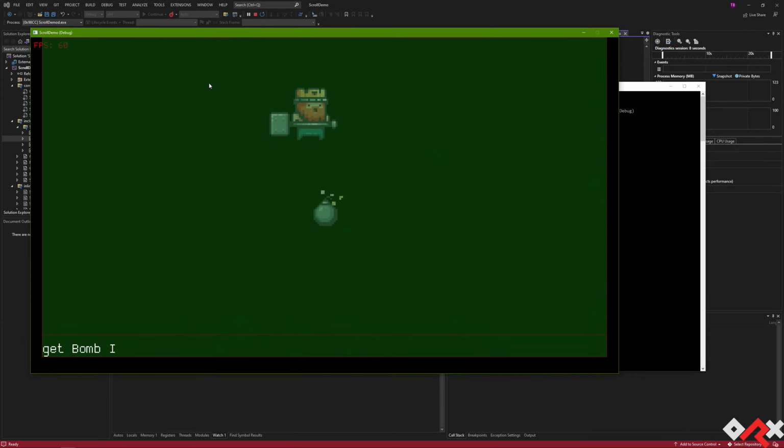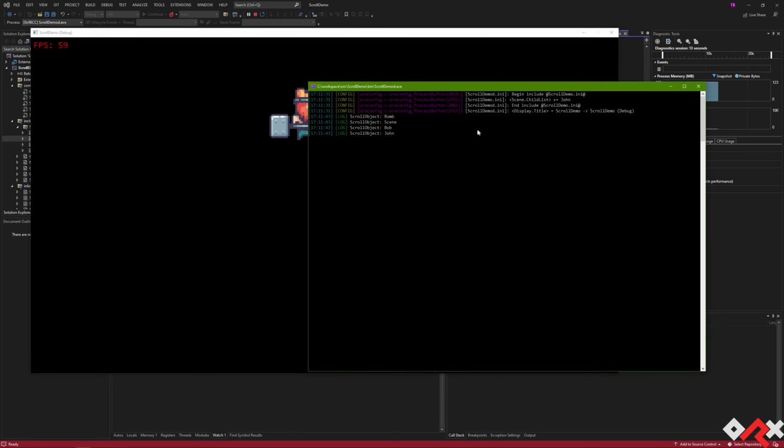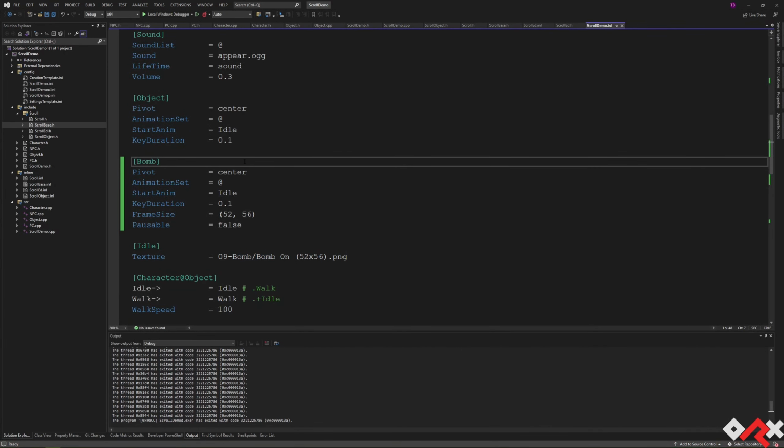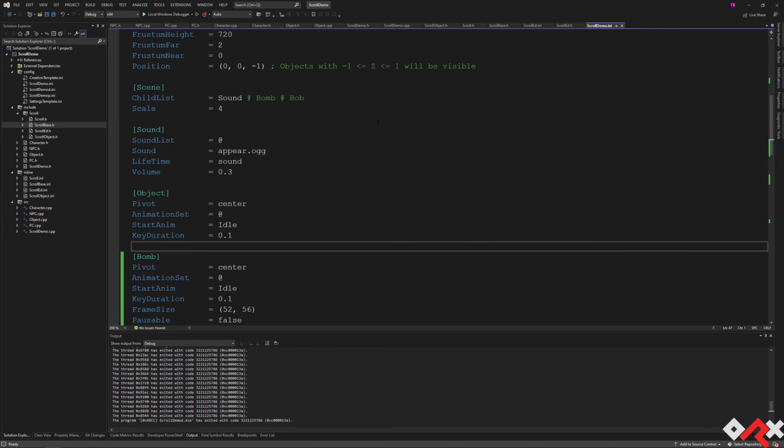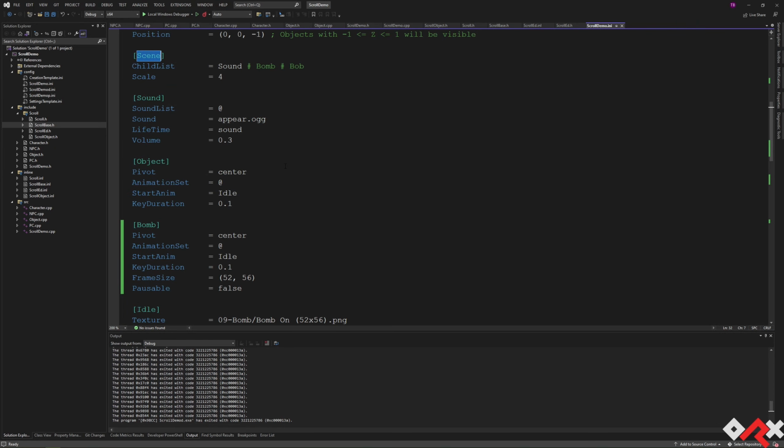Get bomb is object, not. And if I pause, you can see that bomb is a scroll object. Why is it a scroll object? It should not have been a scroll object. Oh wait, how is it created? Oh, it's created through scene. Okay, I'm a bit puzzled by this one, but in any case,